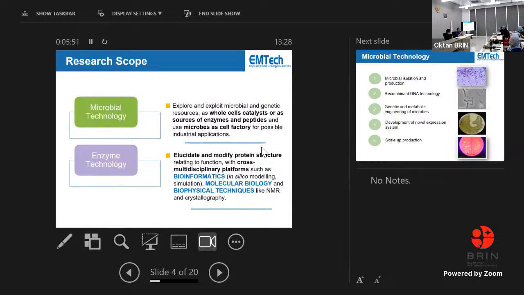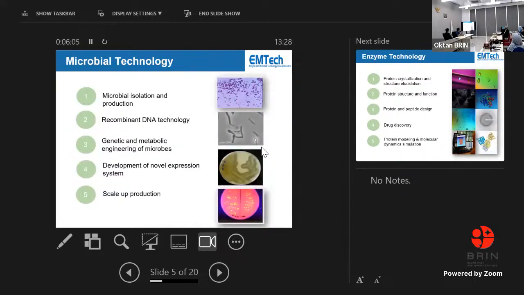Most of the protein was produced recombinantly. We use yeast and E. coli as the workhorse for the production of this recombinant protein. Generally, what we do in EMTech is start off with enzyme isolation. Students in the lab typically start work from enzyme isolation of microbes, do some molecular biology, perform some in silico and computational biology, and towards the end, look into the crystallographic structures of the enzymes and proteins.